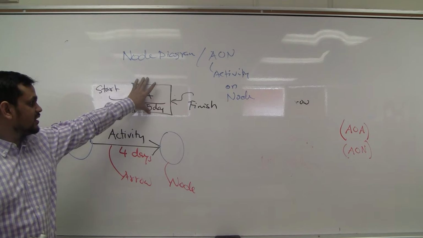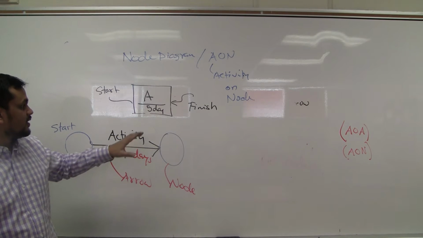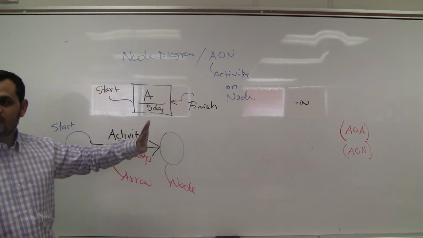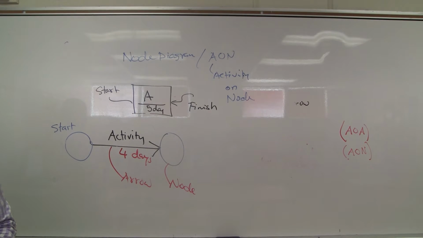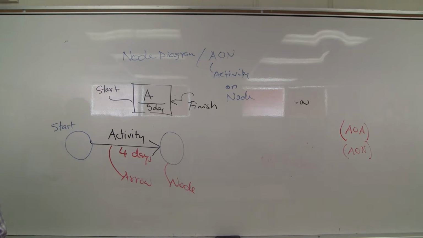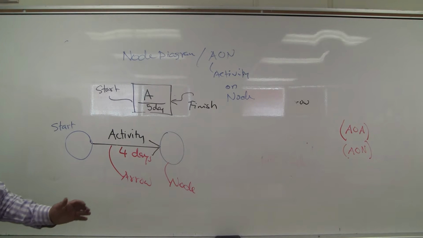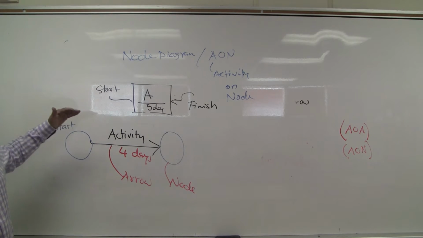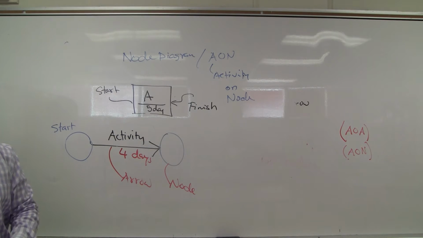Here we do not need any dummy activities. Here we can do start, finish, many different options. We will discuss this in chapters 4 and 5, we have many discussions. In fact, for the diagram, critical path, float, lead, lag, we will spend about 5-6 weeks. So don't get nervous if you cannot understand today. But today my plan is at least to show you how to draw an arrow diagram and how to draw a node diagram.